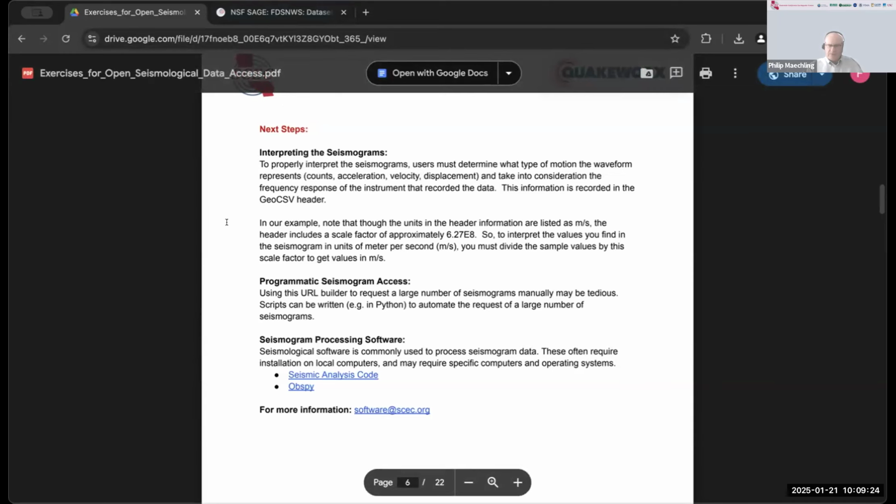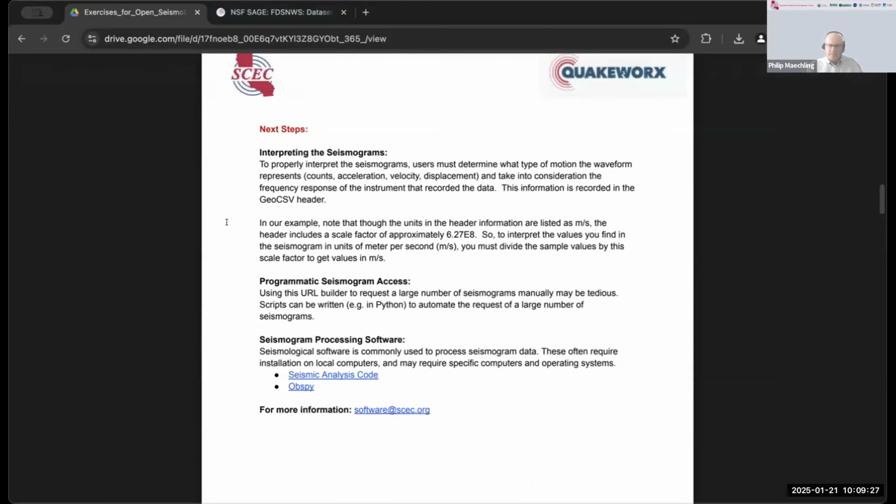In addition, it's worth knowing, once you get the seismogram onto your own computer, you'll probably use other processing software. It's not common to use Excel, for example, for research purposes, but there are specialized codes that are well suited to working with seismograms. A couple of them are mentioned here. A seismic analysis code called SAC and ObsPy are both widely used codes for working with seismograms. Okay, so that's the first